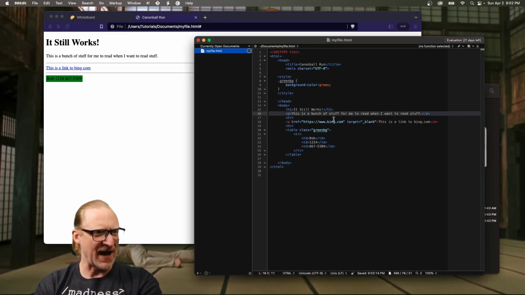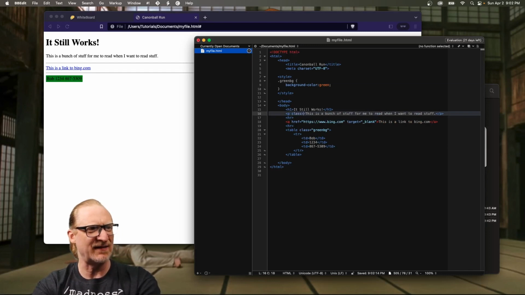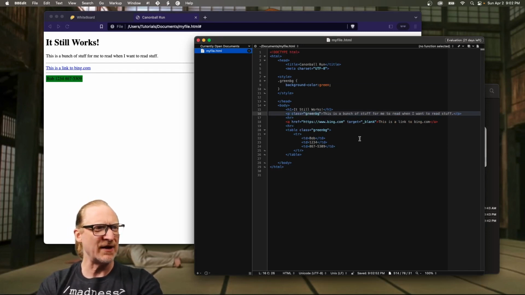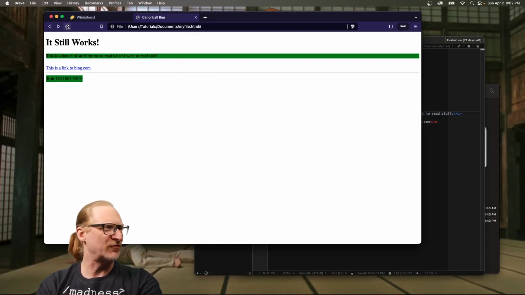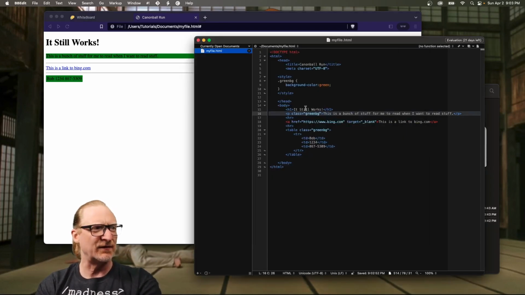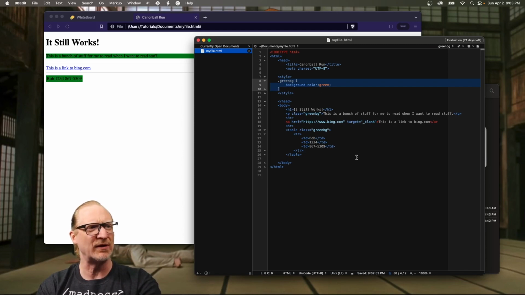But we can also add this to this p tag and say class equals green BG and save that and refresh it. And now you can see that both of the things have green. This is the proper way to do styling so that you can apply one style to multiple objects in your HTML file